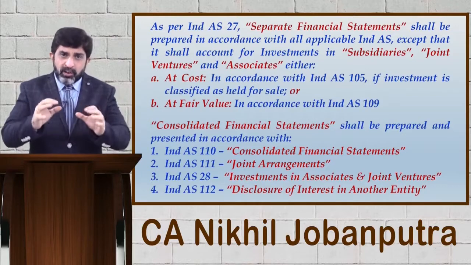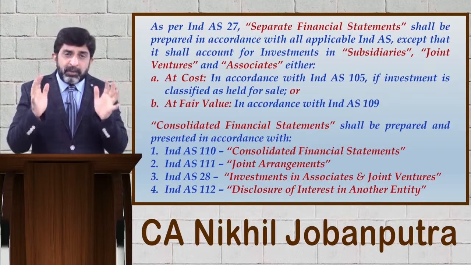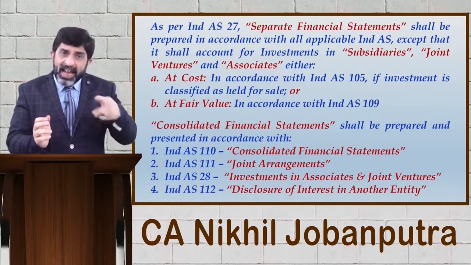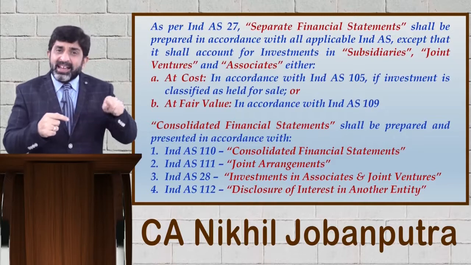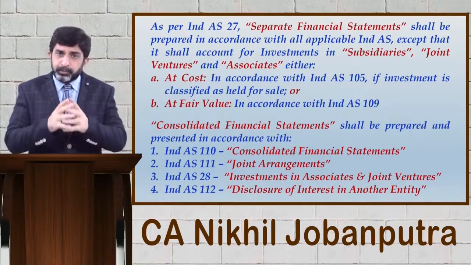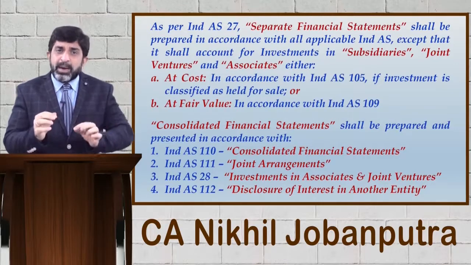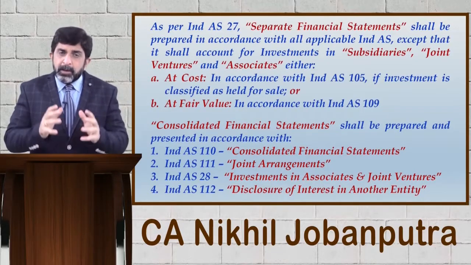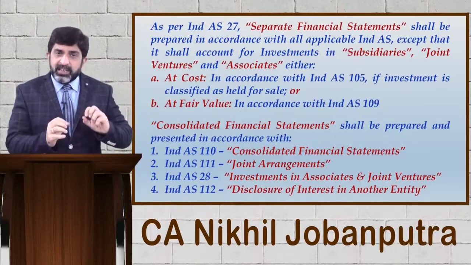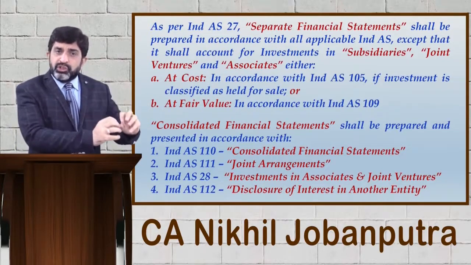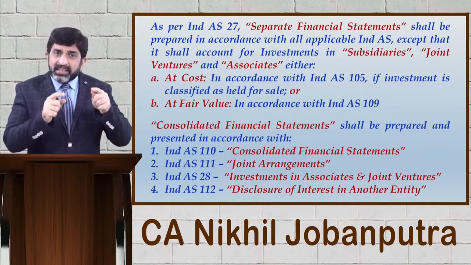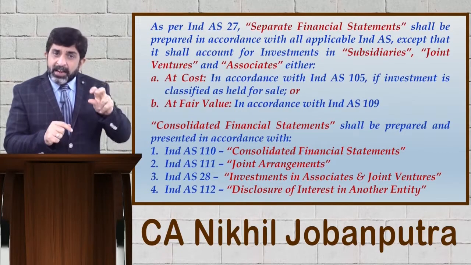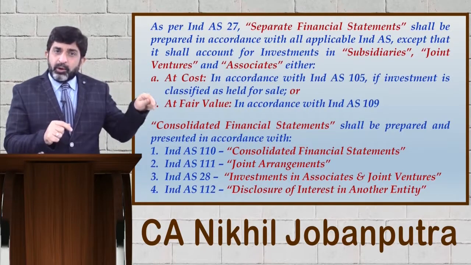Now this point what you have written over there with respect to separate financial statements, the adoption of carrying these investment at cost or at fair value, that is adoption of either Ind AS 105 or Ind AS 109, cannot be taken on investment by investment basis. This has to be taken for each category of investment. For example, if a company has a few subsidiaries, a few associates, a few different joint arrangements, now the company adopts fair value presentation for its investment in subsidiaries and it adopts cost as per Ind AS 105 for its